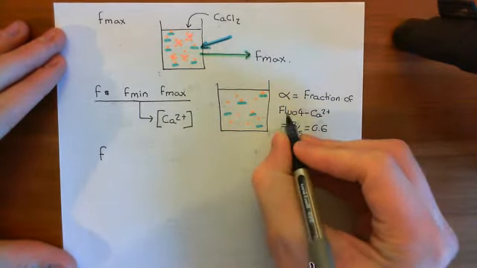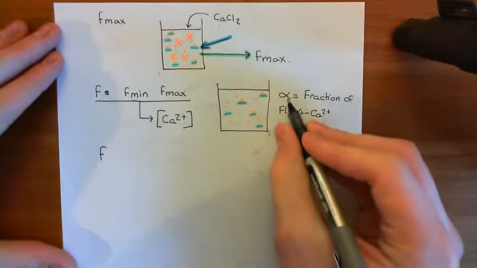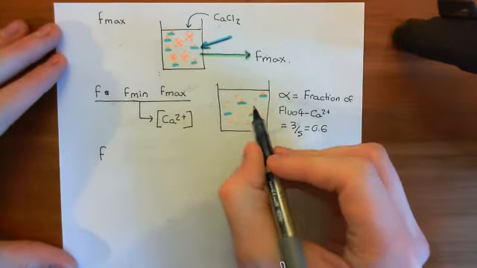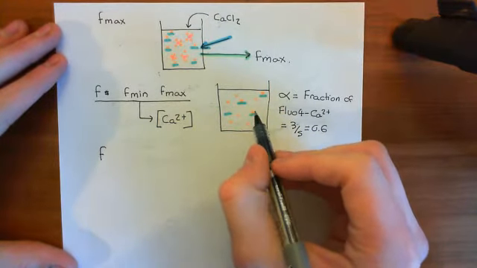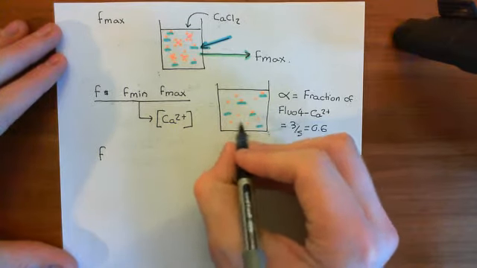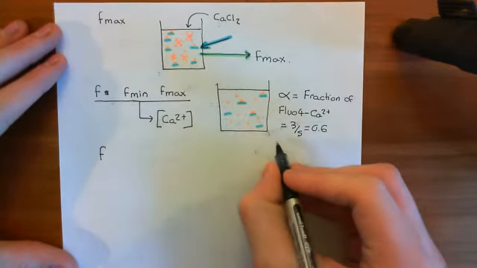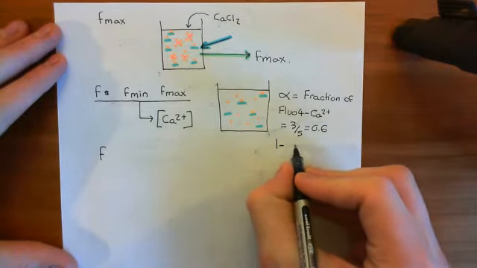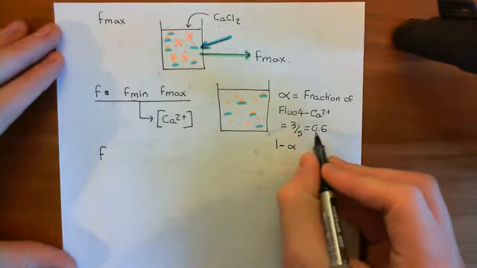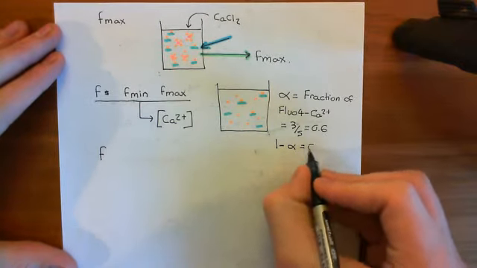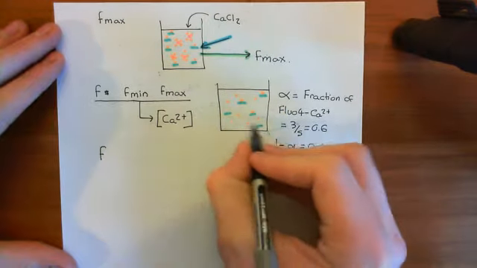So that's what alpha means. This is the fraction of the fluo-4 molecules that will be fluorescing at the higher level. The other fluo-4 molecules, which don't have calcium bound to them, will be the fraction 1 minus alpha. So in this case, if we stick in alpha equal to 0.6, we'll get 0.4, 40%, which is